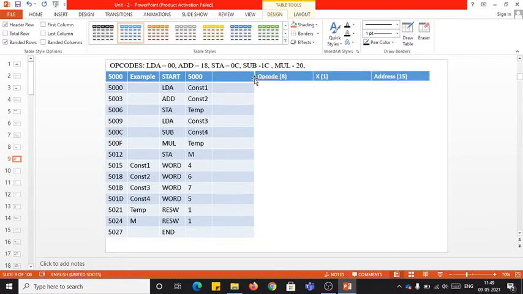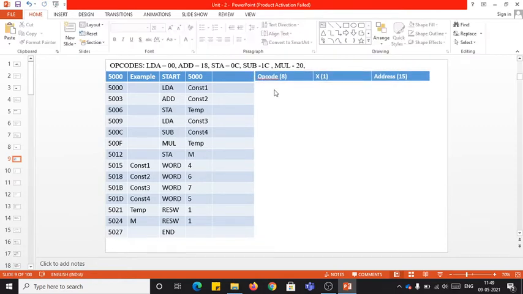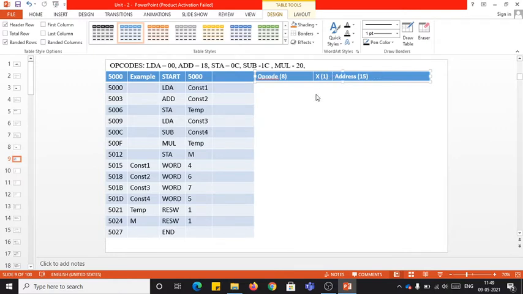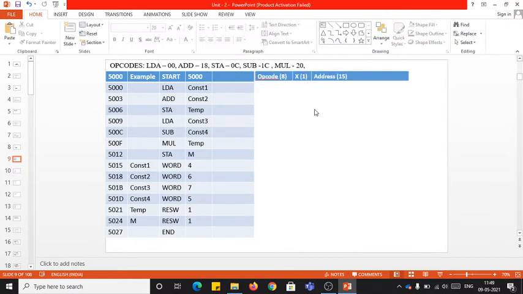In case of SIC, all the instructions have this format: the opcode of 8 bits followed by X of 1 bit followed by the address of 15 bits. You need to follow the same flow as we generate.